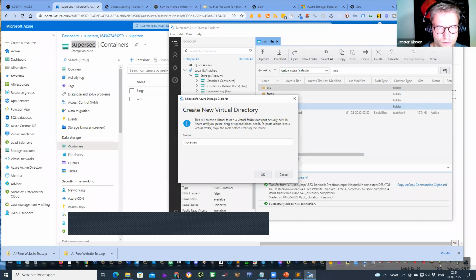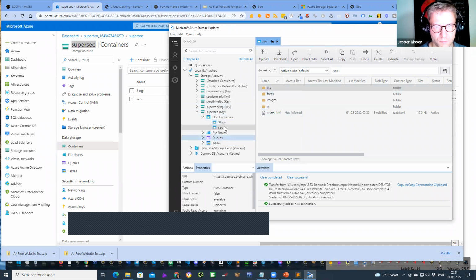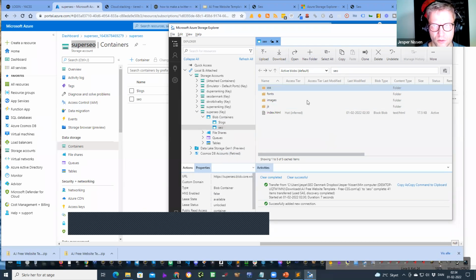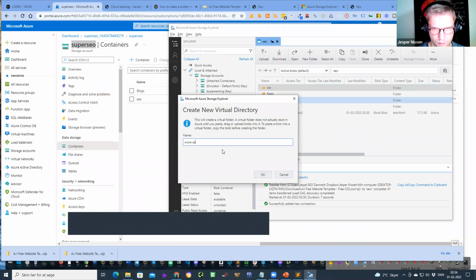To paste the blob into a virtual folder, copy the blob for creating the folder.